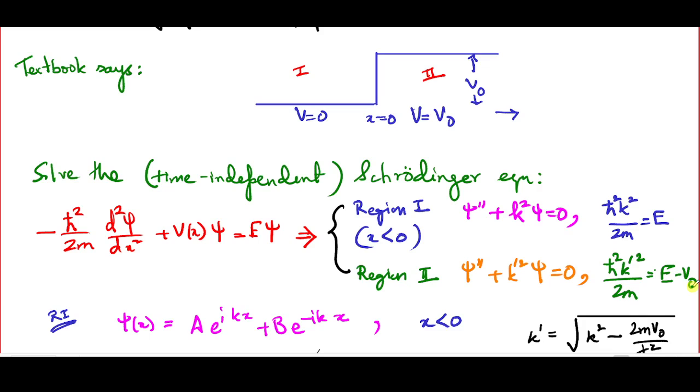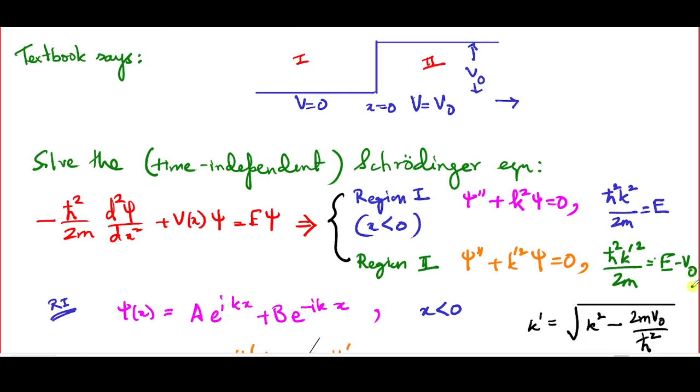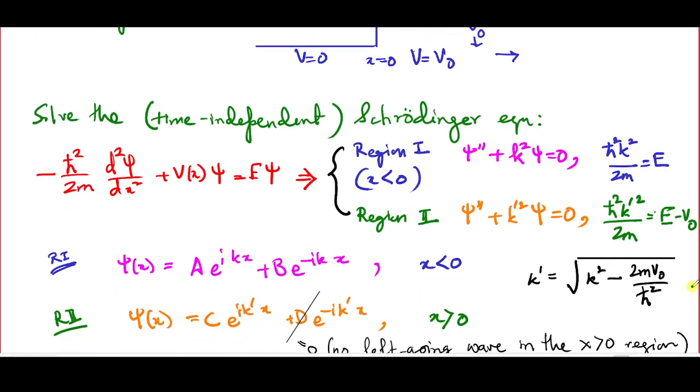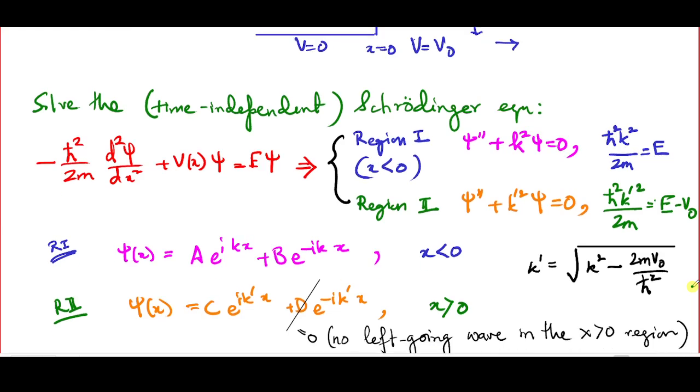Now, the equations themselves are pretty easy to solve. In region 1, psi of x can be given by a sinusoidal solution, a e to the i kx plus b e to the minus i kx, where x is less than 0. And in region 2, here we are assuming that E is greater than V0. Region 2, the solution is again sinusoidal. Psi of x is c e to the i k prime x. There would have been a d e to the minus i k prime x term as well, but we set that equal to 0 because